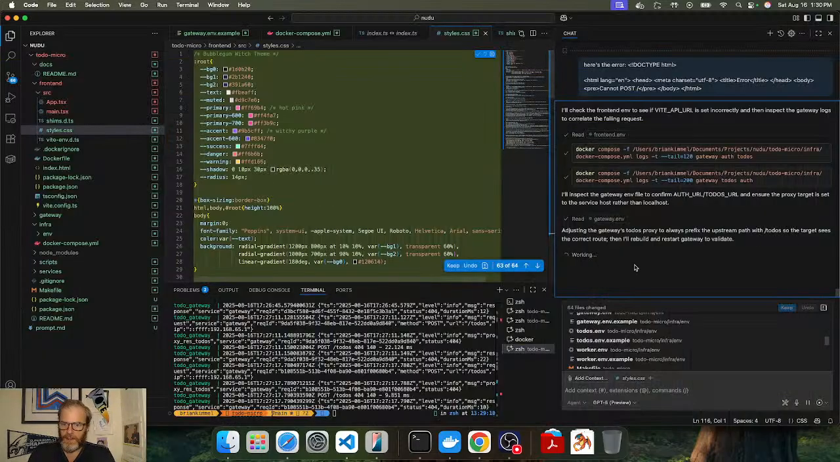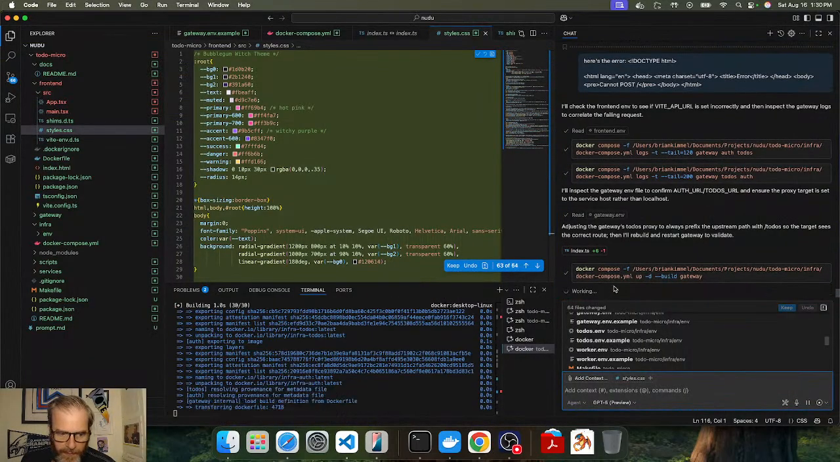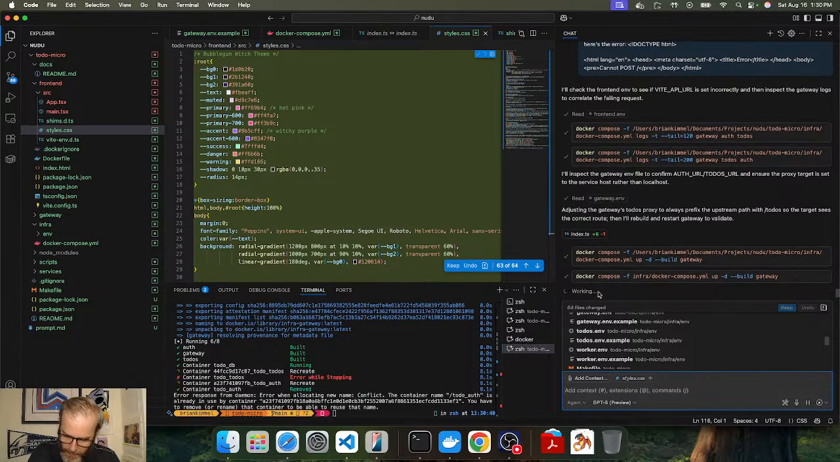So this is on the cusp of being, I guess, changed or deprecated, but it's a new category focused on risks related to design and architecture flaws. Move beyond shift left in the coding space to pre-code activities. All right. So it's saying you should think of security up front, which I agree with. It's not always easy to think about everything though, especially when you're shipping an MVP and it's due in time for a presentation or in time for